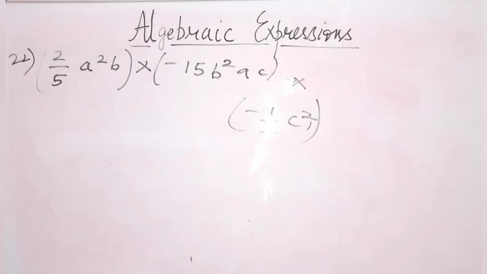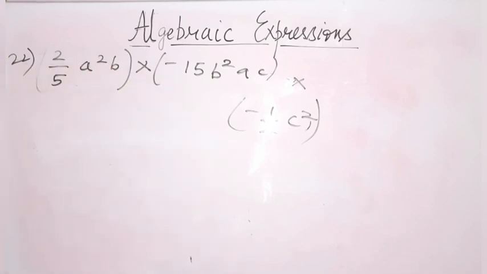In this question what we need to do, we have to verify the result by the values A is equal to 1, B is equal to 2 and C is equal to 3. So we have to verify that LHS is equal to RHS or not. So we have to check. So this is LHS. What is this? Left hand side. What will be the right hand side? The right hand side will be the term which will come after the multiplication of all the algebraic expressions.